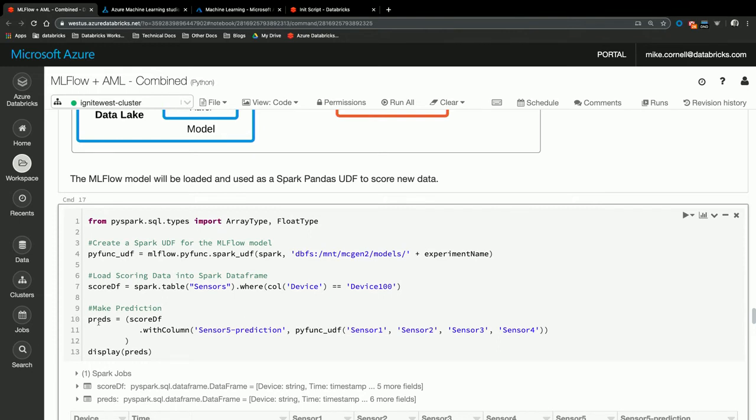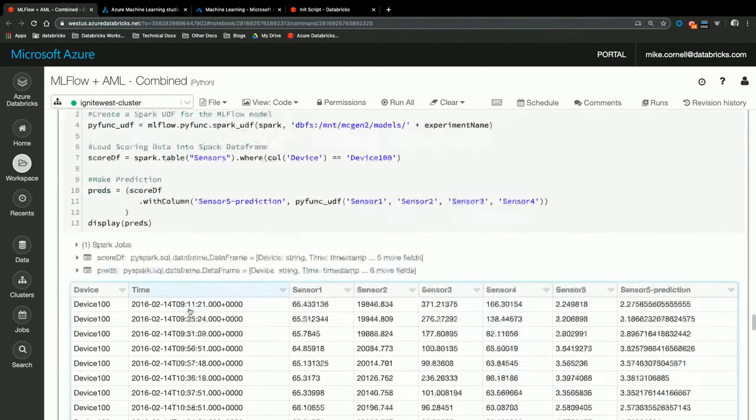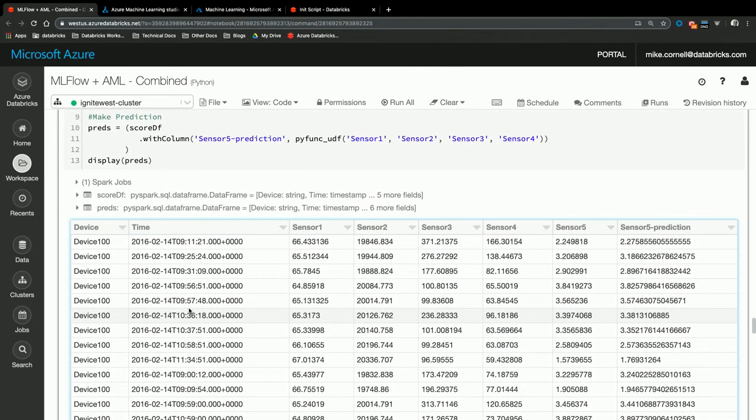And then this last block of code actually makes the prediction, right? So scoredf, let's add a column, let's call it sensor5 prediction, and use the Python function that was made from the MLflow model and pass it these 4 columns. The 4 columns that we want to use, sensor 1 through 4, pass those in, and then give me a new column called sensor5 prediction, and there you go.